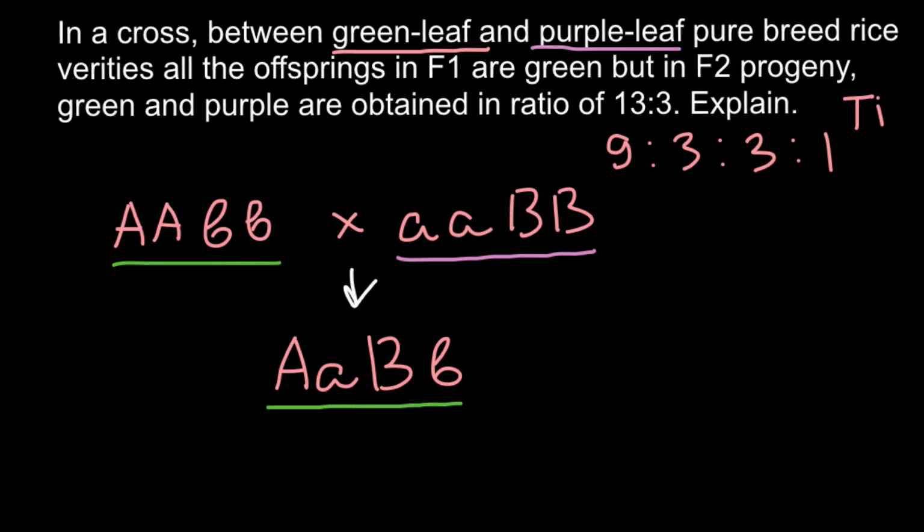So 100% of the F1 generation is green. So this is exactly what we see according to our problem here. 100% of the F1 generation is green. Once again, this is very important, so I will spend one more minute here. Dominant allele means that normal, maybe globular, most of the proteins are globular, would be produced, and this type of